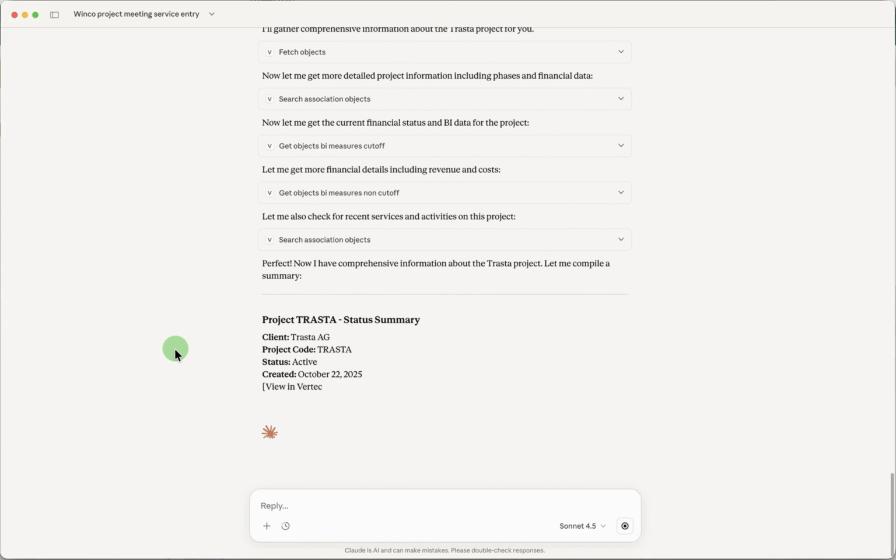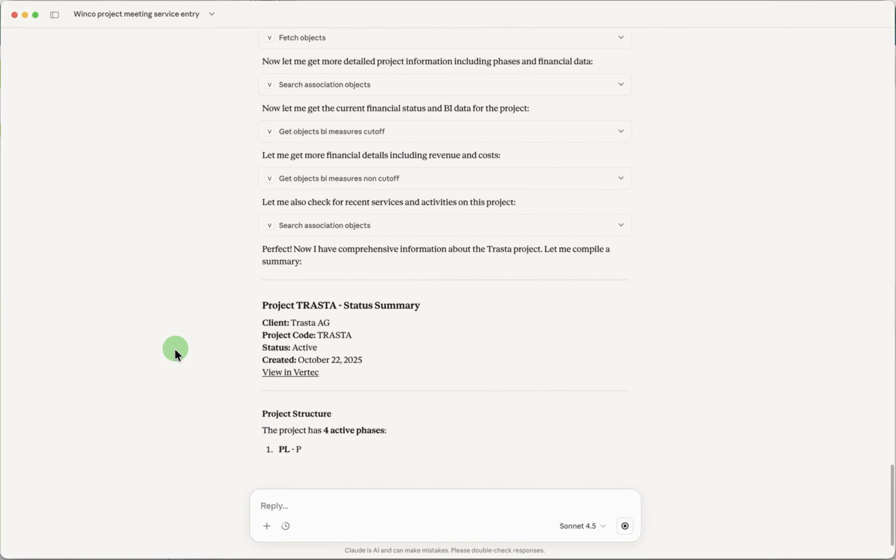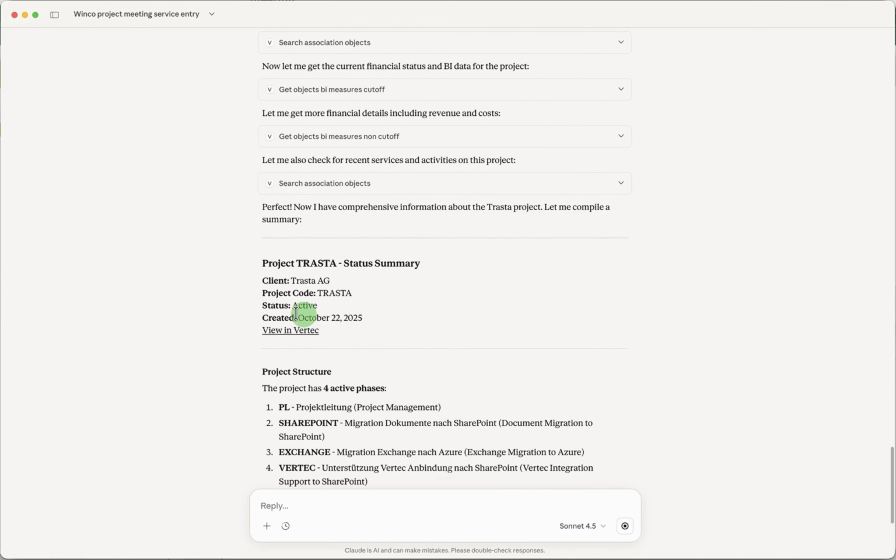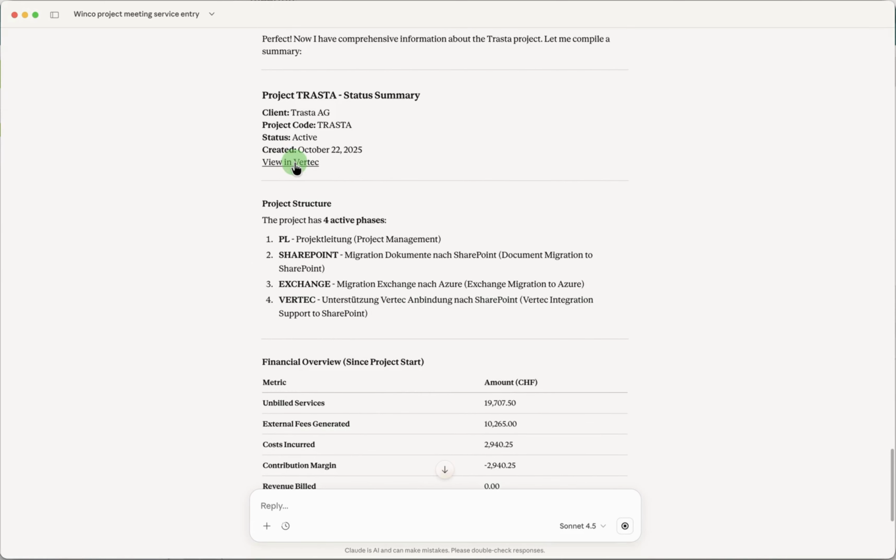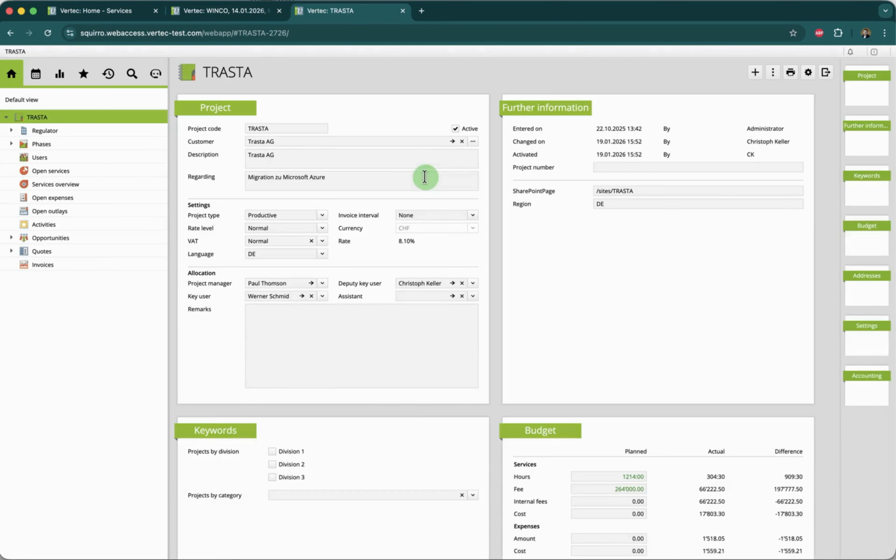Okay, here we go. Project summary. It is active, created October 22nd. Perfect. We can once again use the link to see the details. Actually, let's just do this, just to double check. Okay, Trasta entered on... Yeah, that's the right date.